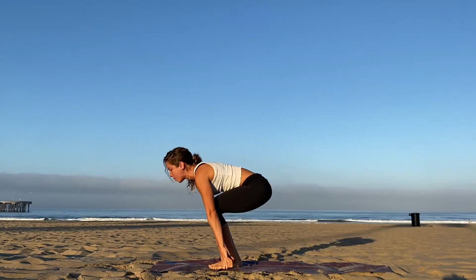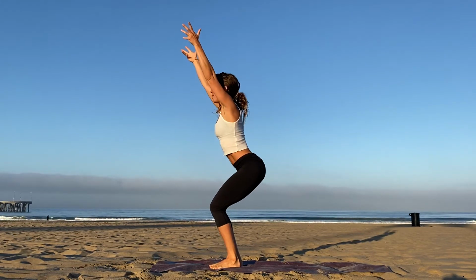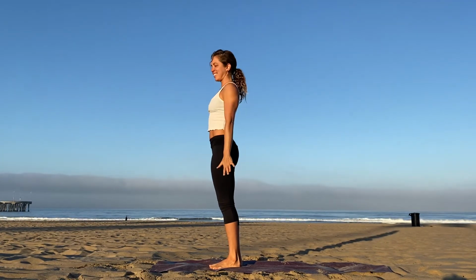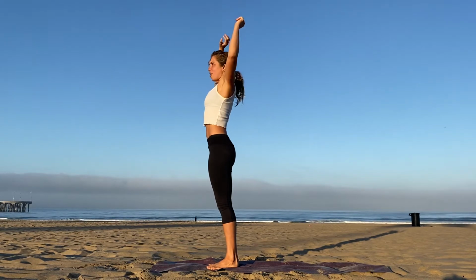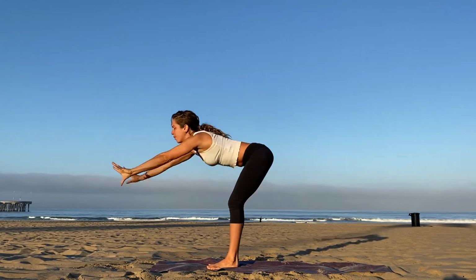Inhale to chair pose. So knees bend, weight back in your heels, belly pulls in, take your arms up, breathe in, try to relax your neck, and then come all the way to stand, hands to your side. All right, take your arms up, breathe in, firm your thighs, belly's in, exhale, elbows to ribs, so lift your chest, inhale, reach up, exhale, fold forward,